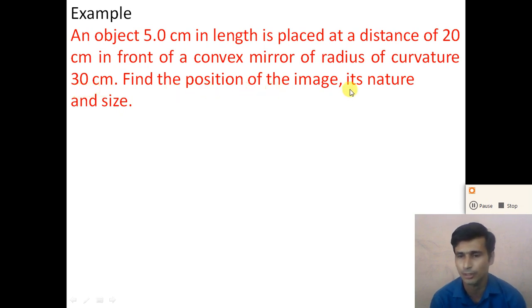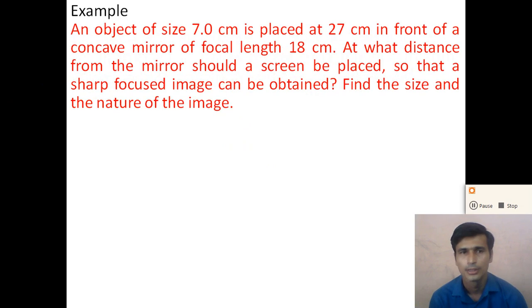Find the position of the image. So find the image distance v, magnification m and the height of the image h dash, and from that justify your answer: what type of image will be produced with the help of this convex mirror, right? So try this example also. Next example,